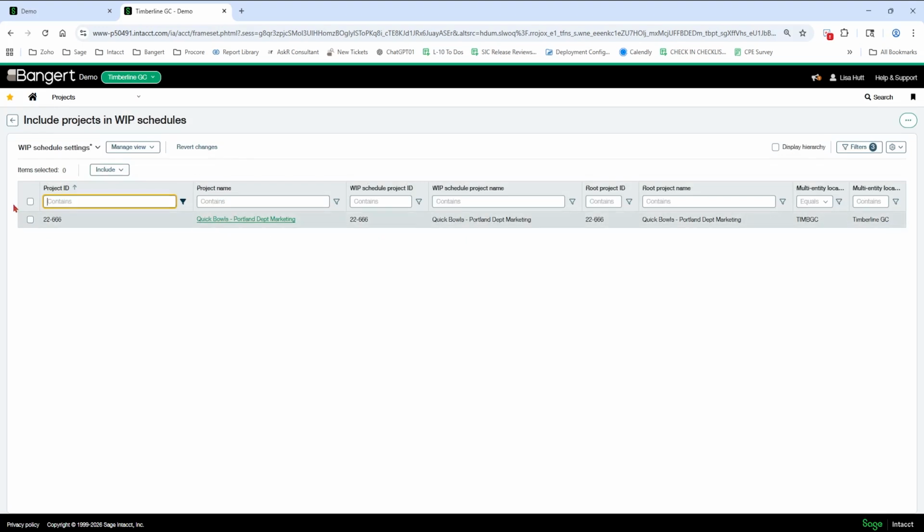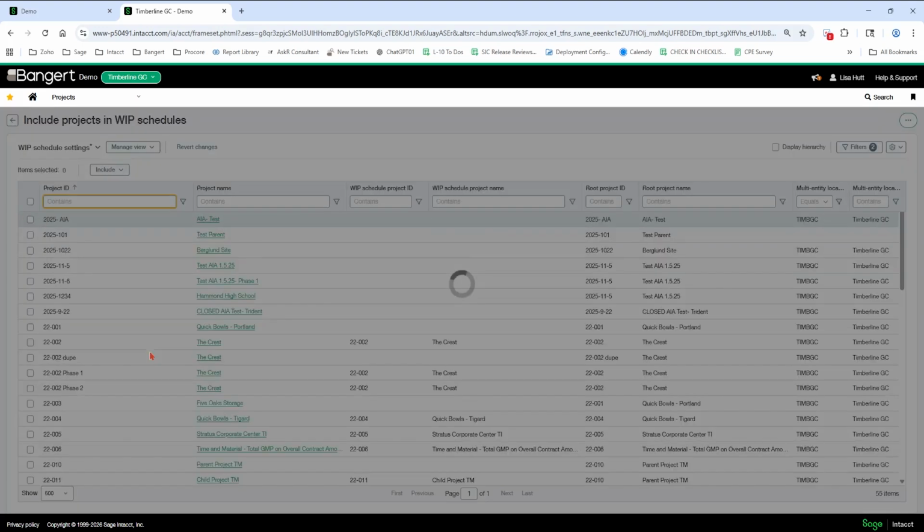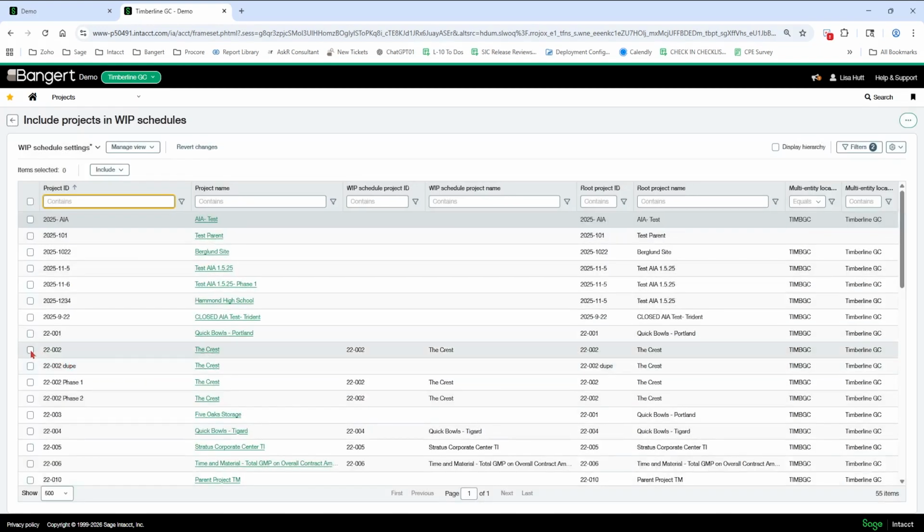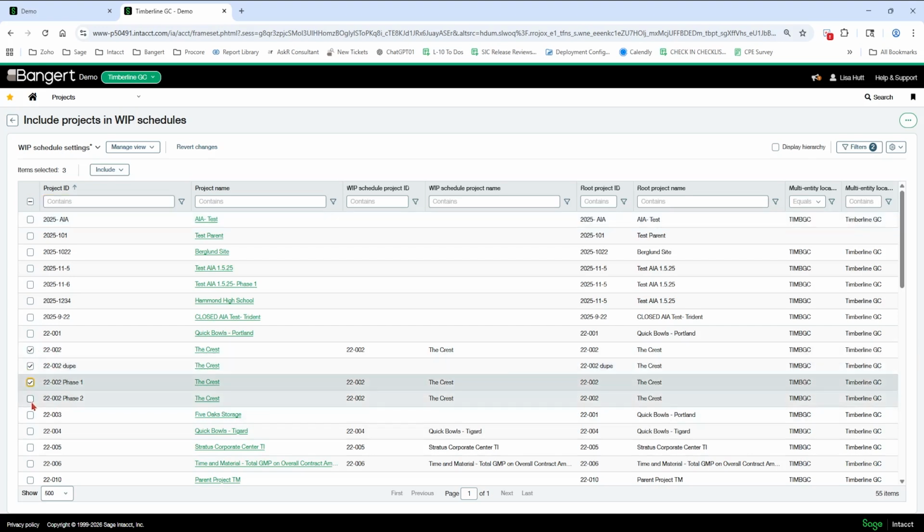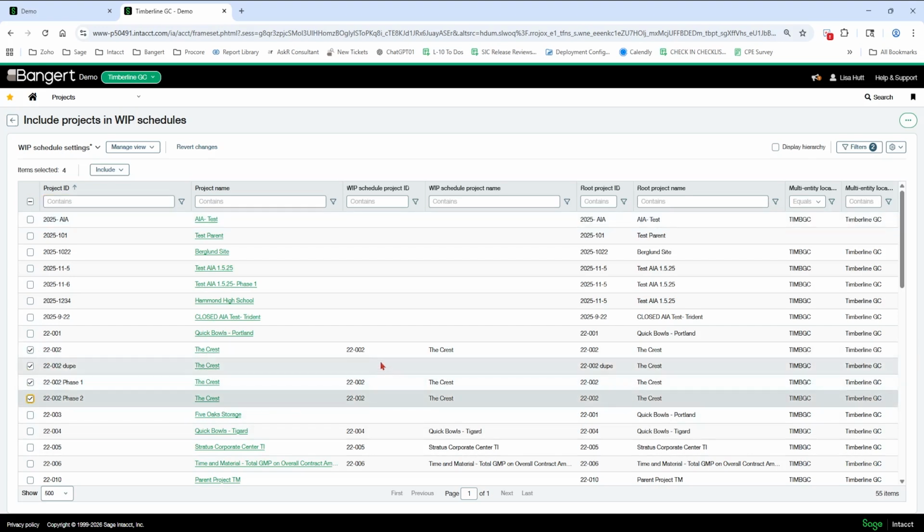So now let's say I've got a situation where I have some sub projects. So I have child projects or sub projects that I want to combine into one project. So right now, these are included, this phase 1 and phase 2, these are included into the parent job. So I'm going to hit display hierarchy over here.